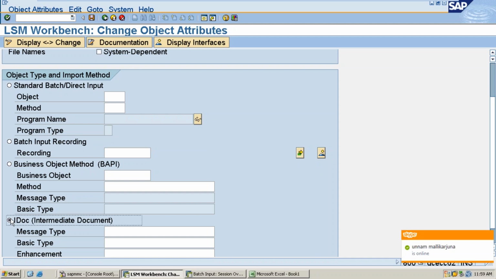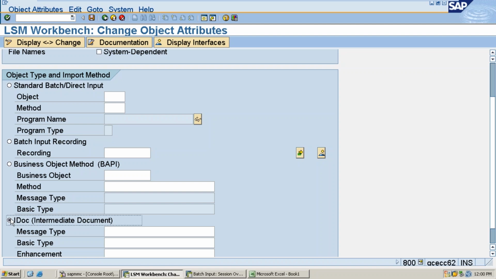But the last two options, you can put in brackets and note down, are technical objects. We need not touch these objects. Without a technical consultant or ABAP consultant we can also upload master records and transaction records. I'll show you how to do it. We will never do these last two; I have never worked on them. Even ABAPers may not know these two things. So they are not required at all.